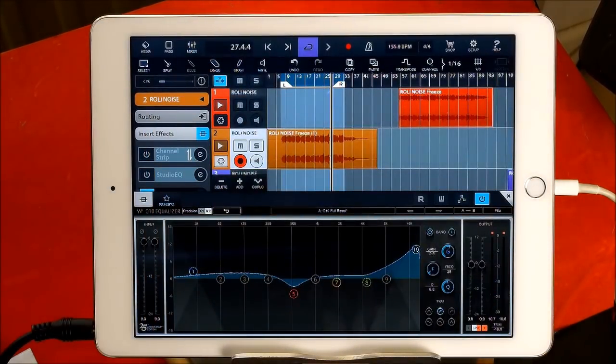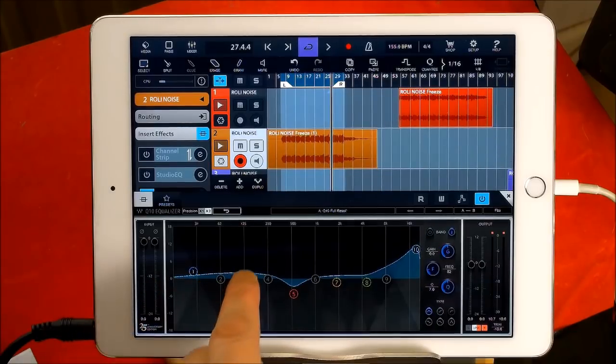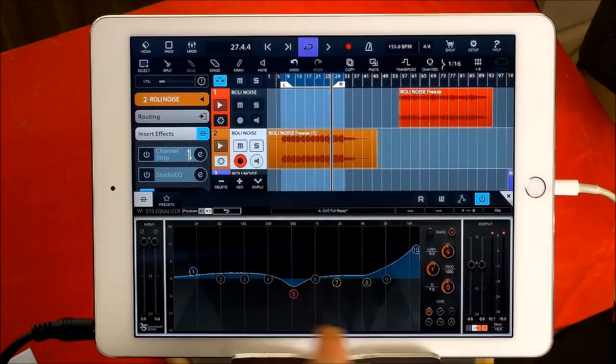So you can see we select the bands just by tapping on those bands, and the ones that are grayed out are the ones that are switched off. So you can either switch all the bands on, or one band on or one band off. So you have total control over the actual EQ as well. So you have gain staging, input, output there, and you can link left or right. So you can EQ either left or right hand sides of the channels, or both of them,